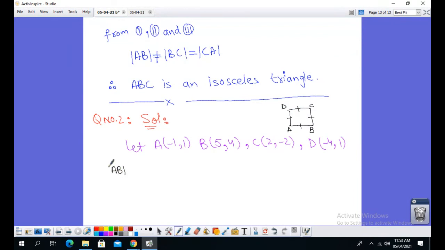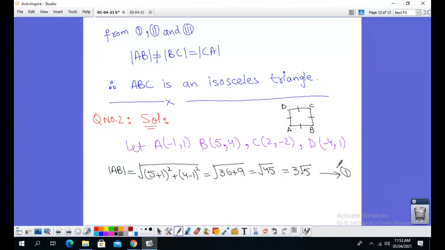Now take the distance AB. What is the distance AB according to the distance formula? Y2 minus Y1, the 1 contains the negative sign, that's why we write here plus. X2 minus X1. 6 squared becomes 36 and 3 squared becomes 9. It becomes 45. And what is the square root of 45? The square root of 45 becomes 3 square root 5, because 45 can be written as 9 multiplied by 5, and the square root of 9 is 3, and we have a 5 in square root form.